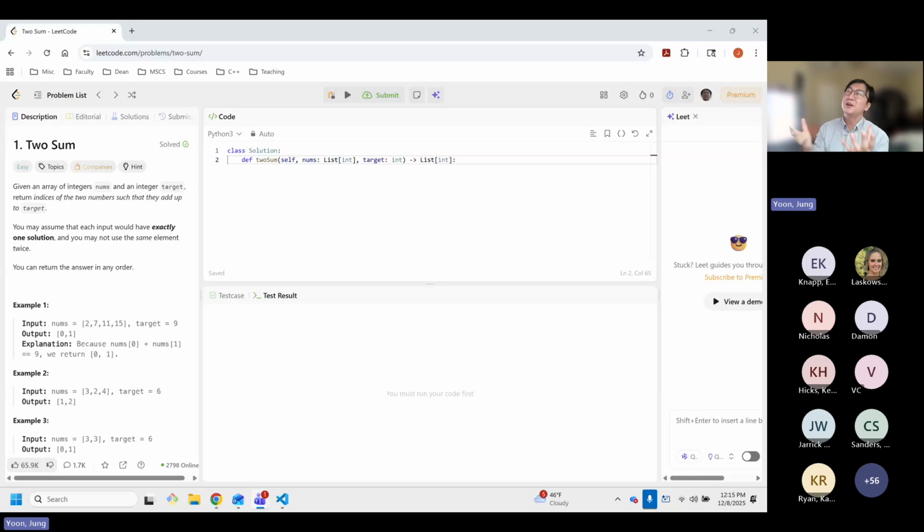Now, obviously, we don't know what these inputs are going to look like. So the intent of these coding interviews is, can you create software that can handle these unknown inputs and generate the output that is expected? And also, if you see me looking this way, I'm looking at all of you right now and your chat. So feel free to type it at any time. I'll also be able to read it.